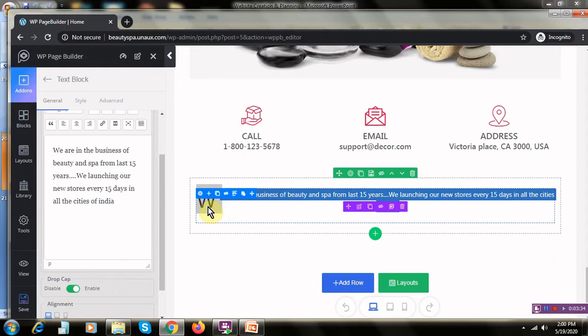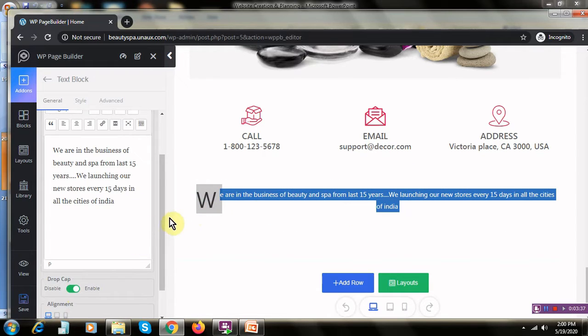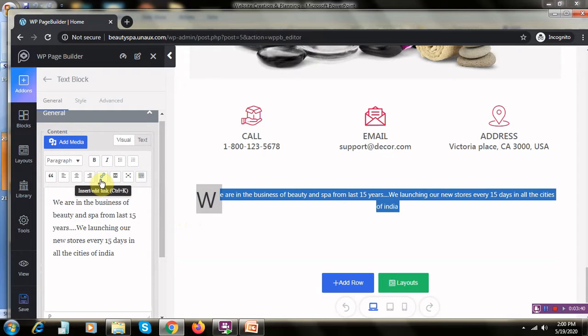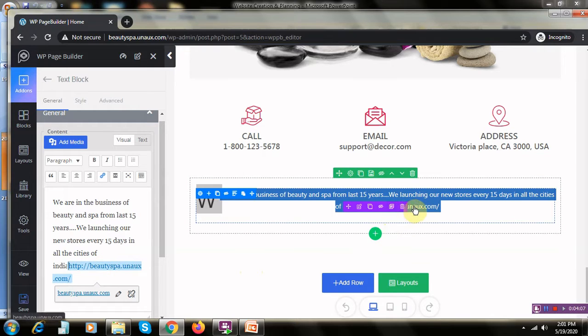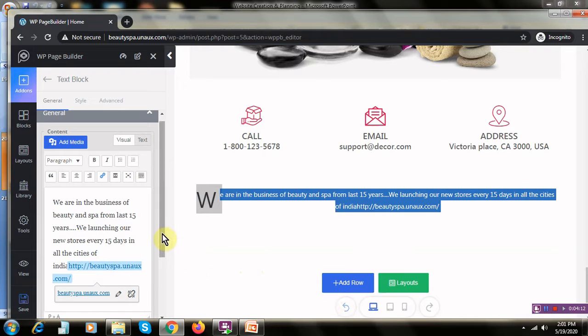So let's click here. So now this is how it looks like. We call it a drop cap. Now if you want to insert a link, you can insert a link. Insert a link to your website, right? You can insert a link with regards to the contact us. If somebody wants to go ahead and click it, they'll be taken to the contact us page. But right now I'm putting the same link here and then entering it. So the link has been pasted. Now once you click it, then automatically you will be taken to the home page of it. Now I do not want to do any changes, so I'll just take out that link.